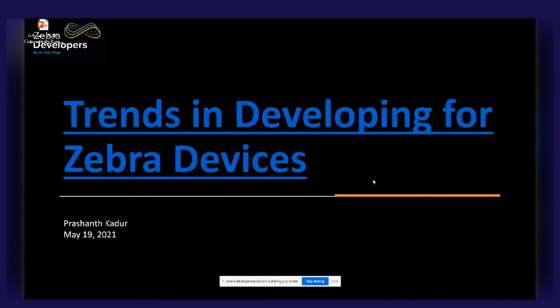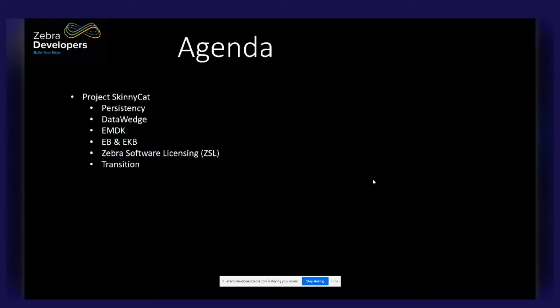I don't have a timeline. I do expect to be coming out with notifications on these things very soon, but this is one of those socializing of what is coming soon, including what the benefits are and also what components are impacted by these new developing trends happening in the mobile devices area. Okay, and